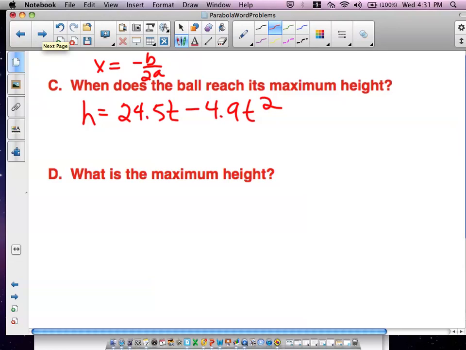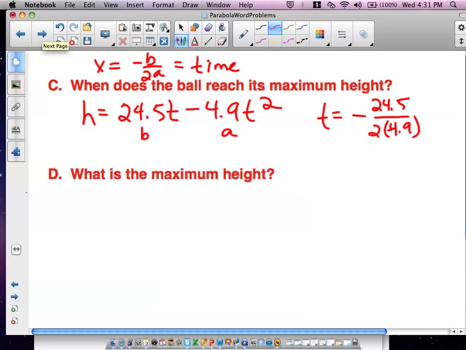Meaning this is A and this is B. So this would be associated with T, or time. So to calculate the time it took to reach this maximum height, here's my formula. The negative sign is built in. Negative b, 24.5, over 2a,